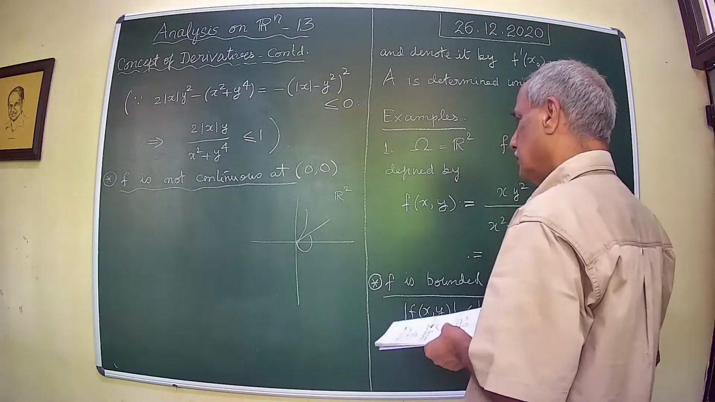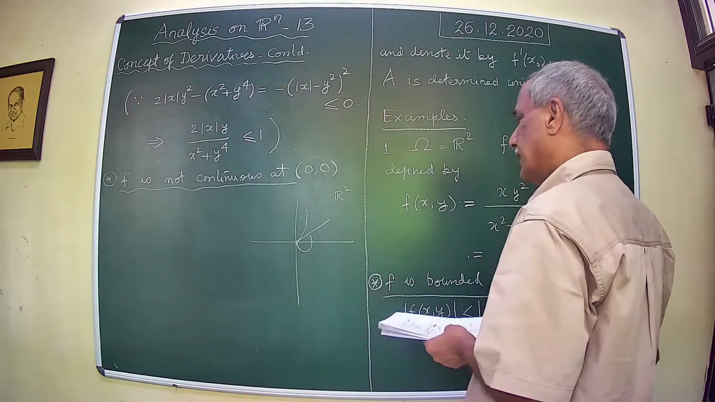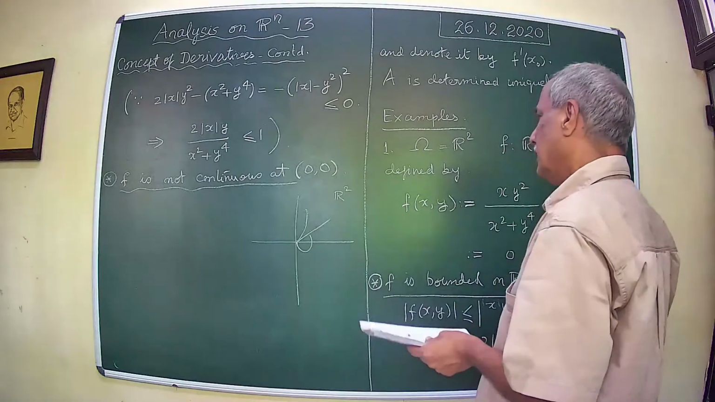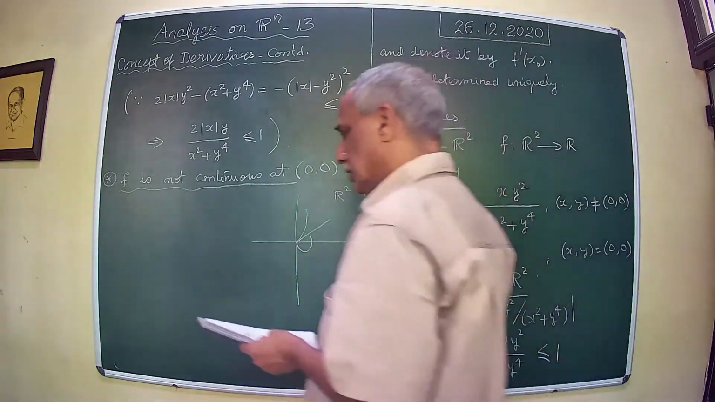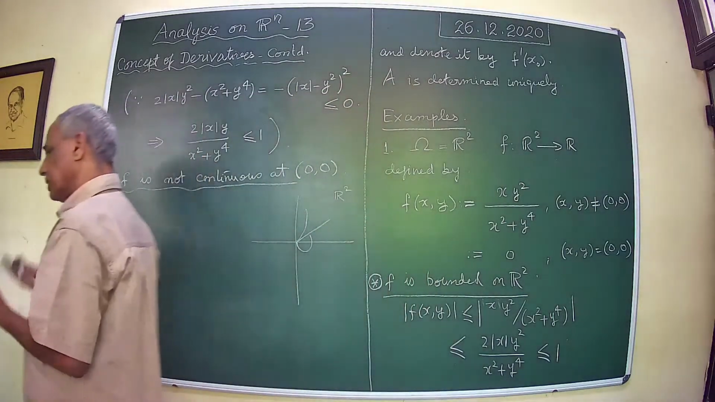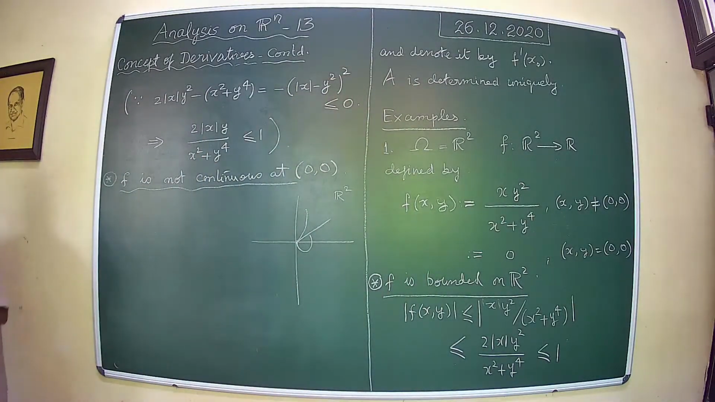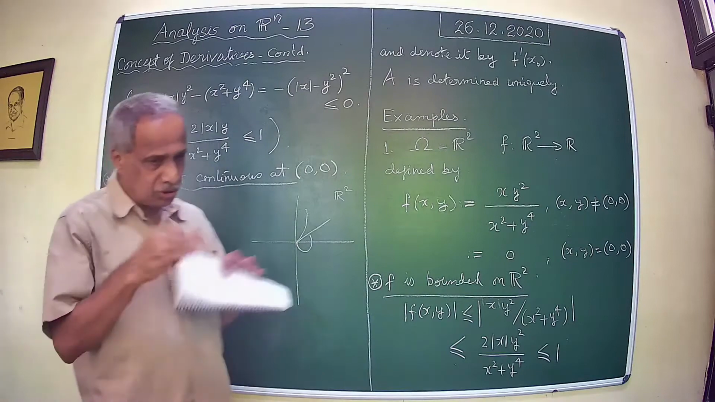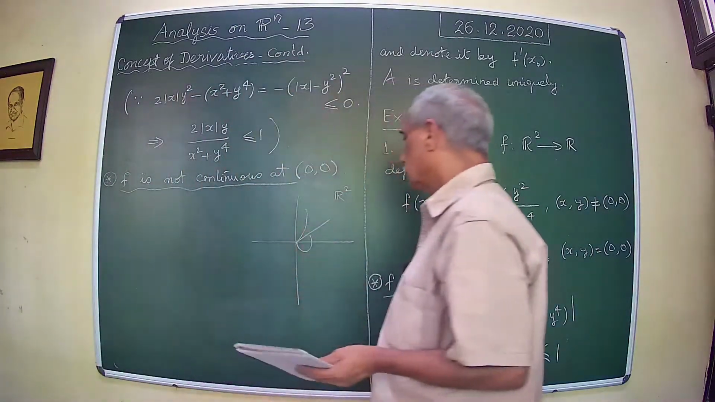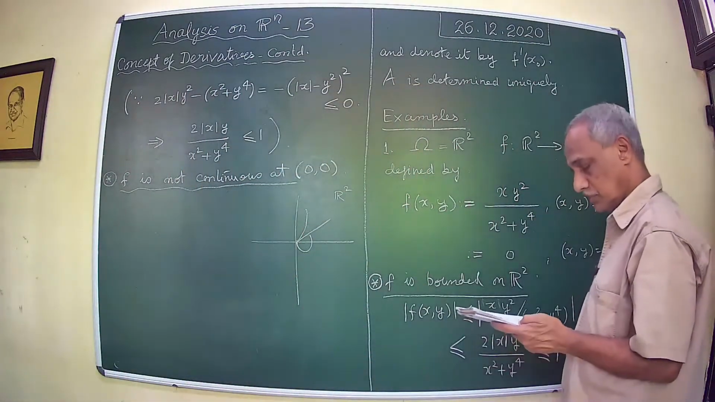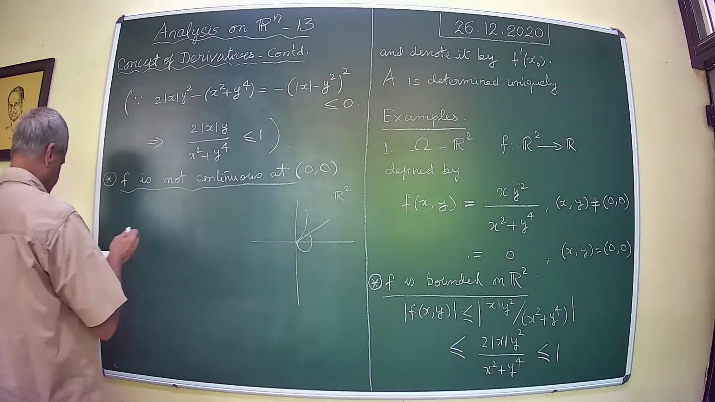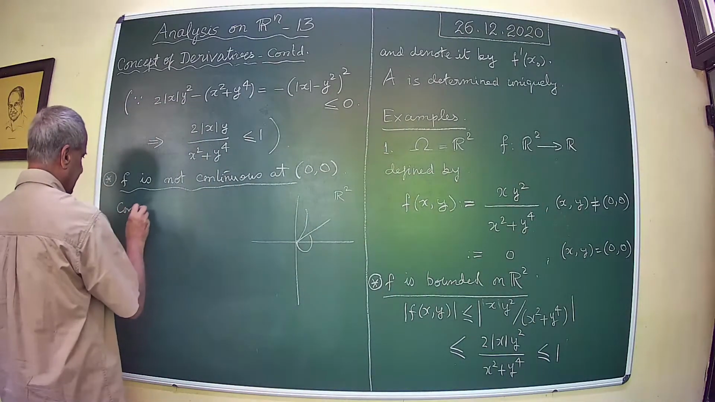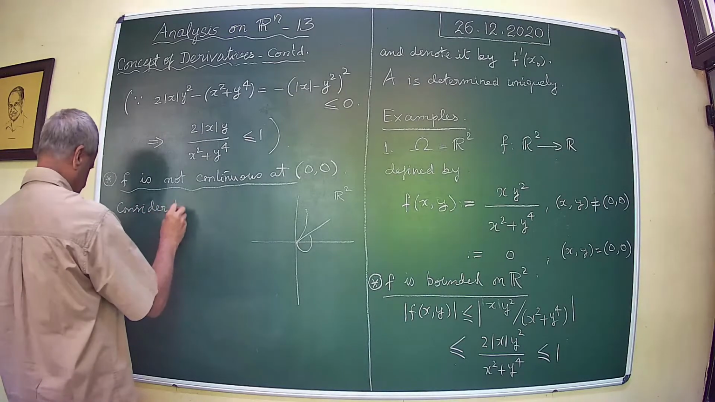as t tends to 0, then if you can show that the function is not continuous along that, then the function fails to be continuous because it has to be continuous for all sorts of paths that go to 0. So let us choose the following. Consider the